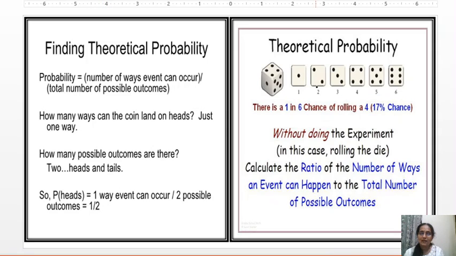When you are rolling a die, your favorable outcome is 3 now. Your concern is to get the number 3. So what is the chance of getting 3? The total possible outcomes are 6. You can get any number from 1 to 6. But your chance of getting your favorable outcome is 1 chance out of 6 possible outcomes. So your probability of getting the number 3 is 1 out of 6.